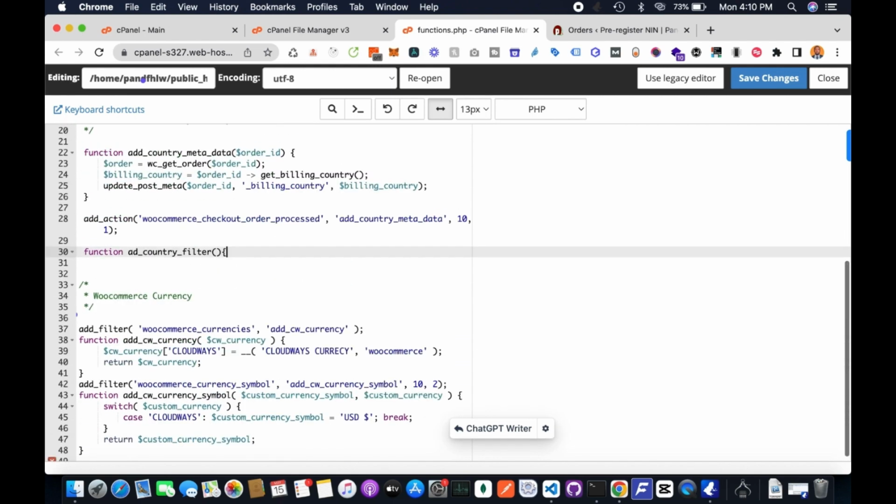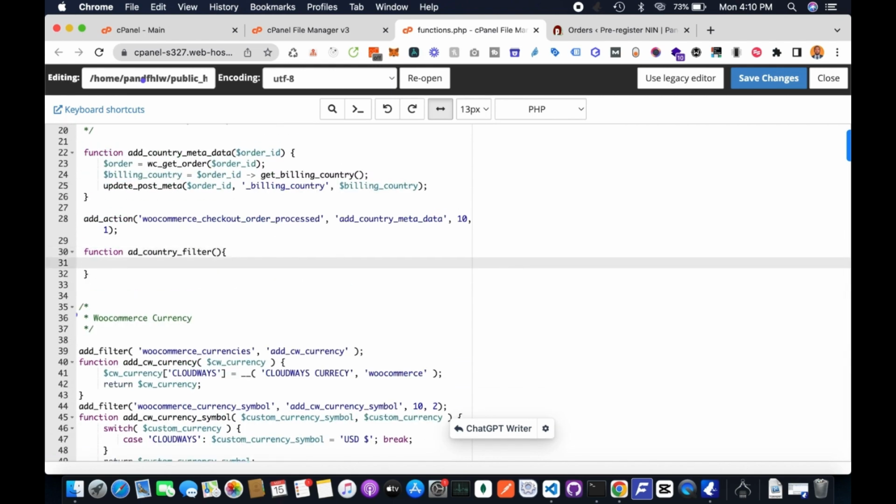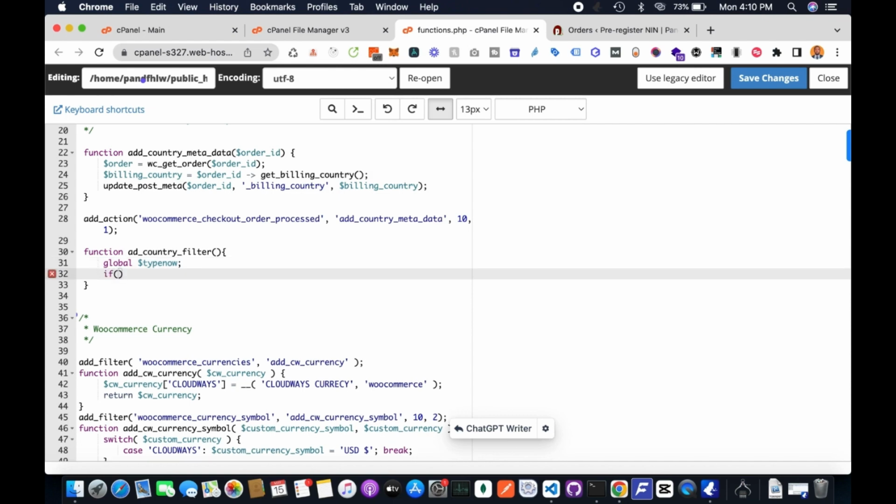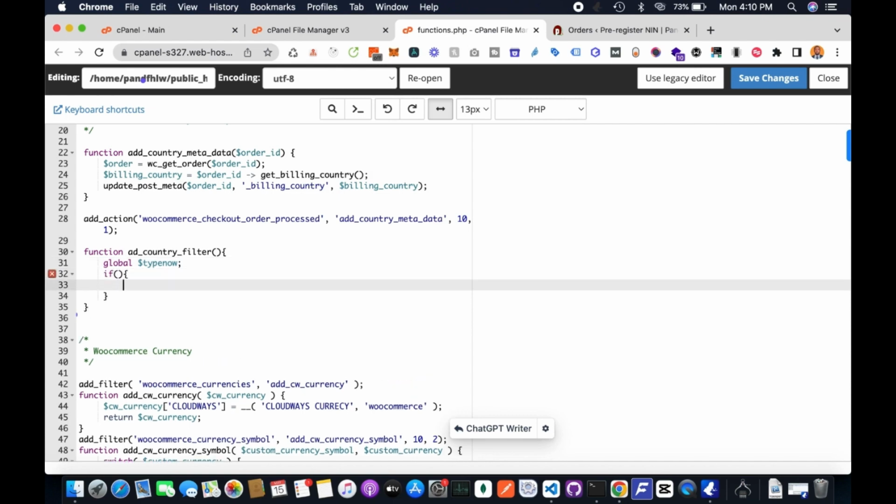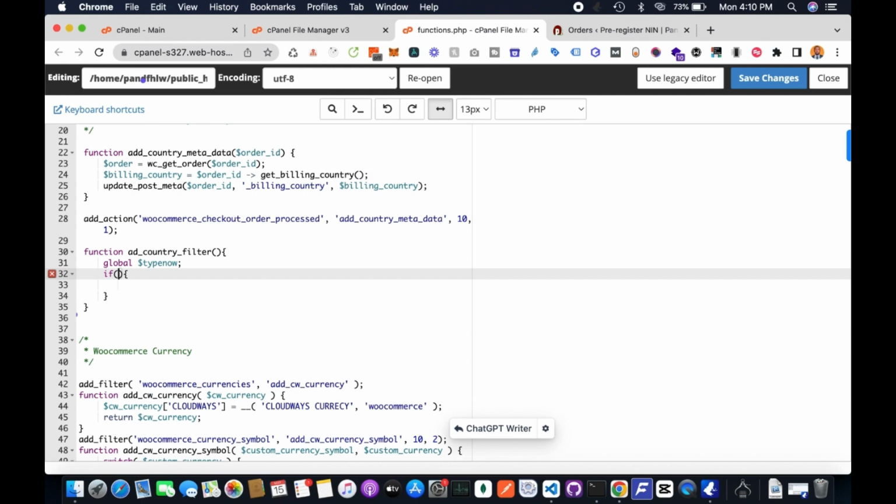So we'll now move on to our next line to add a new function, add_country_filter. Open curly braces and hit enter. So we'll declare a global variable called typenow. This can be accessed from anywhere within our code. Then we'll now give our if statement. If shop_order equals typenow, this is to check if the typenow is equal to shop_order. Yes, this block of code is within our if statement, and it will be executed depending if our shop_order